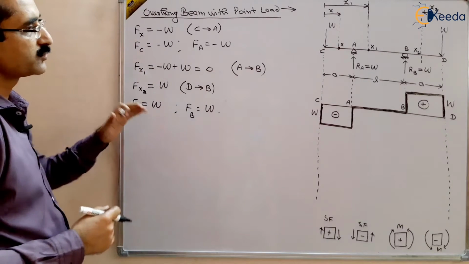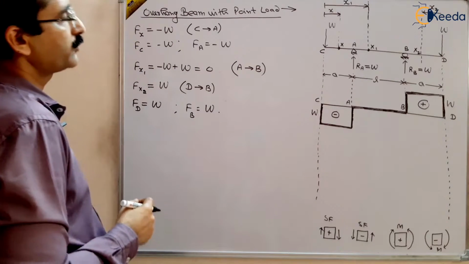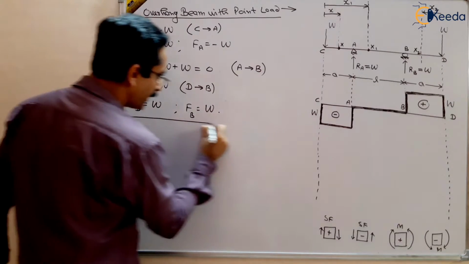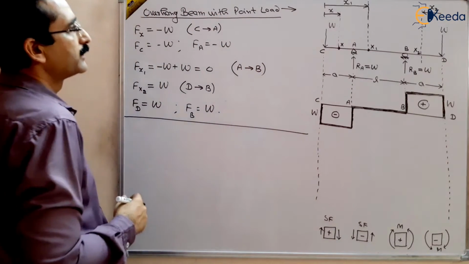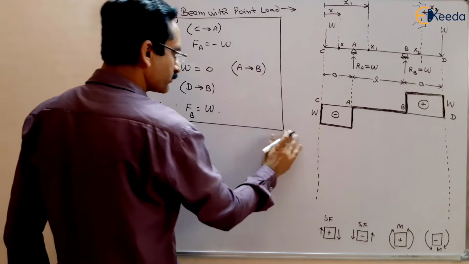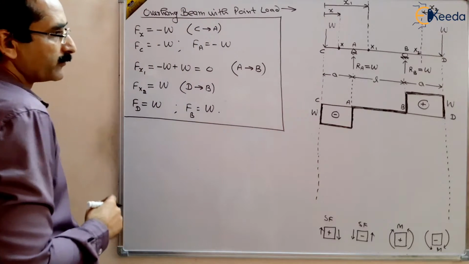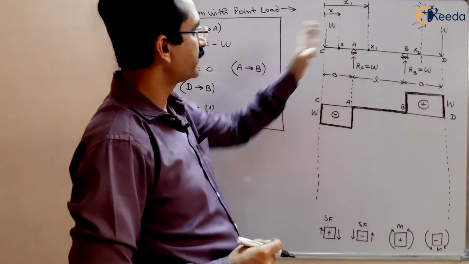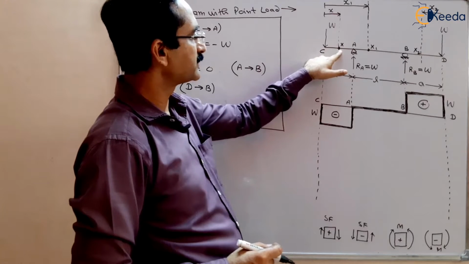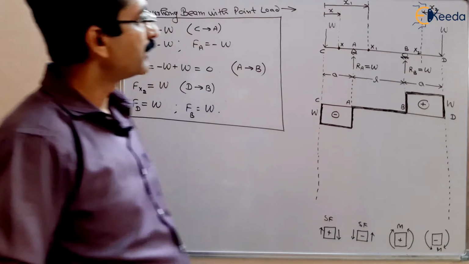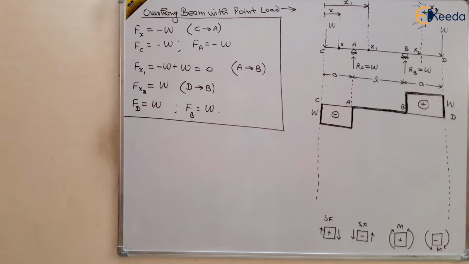So use these equations to find out the shear force diagram. Now we want to find out the bending moment diagram for the same beam. What will be the bending moment diagram? So let us solve for the bending moment diagram. For the bending moment diagram, take the cross section X. What is the moment of the forces about this X to the left of the section? So this is a single force W. W single force is there.